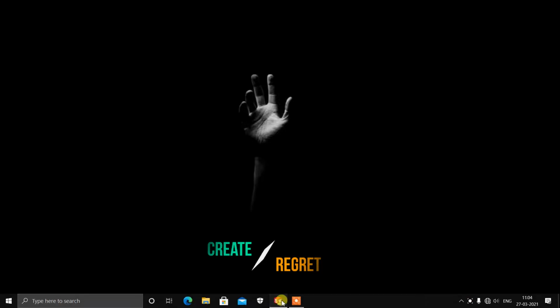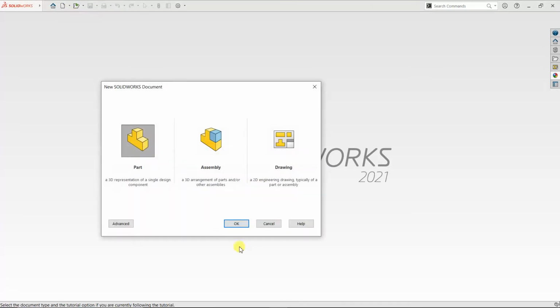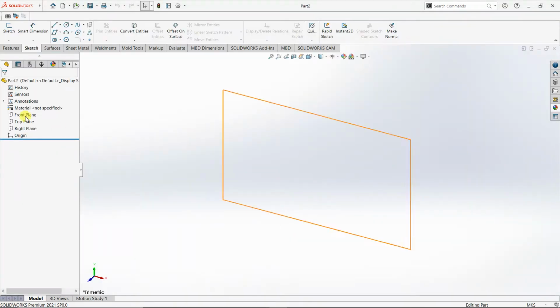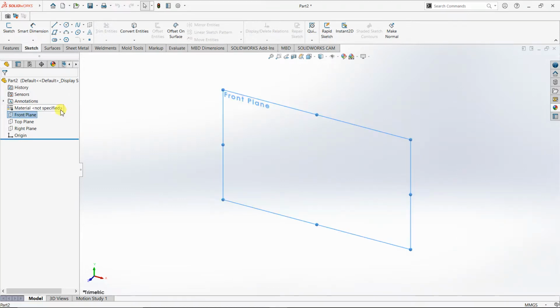Let us open the SolidWorks app, click new file, select part and give OK. Before starting to draw, let us first make sure that we work on the desired unit system. I'm changing this to millimeter gram second. Okay, select front plane,